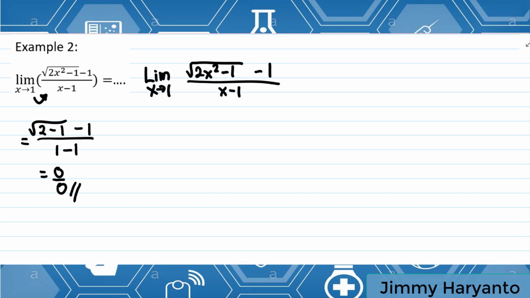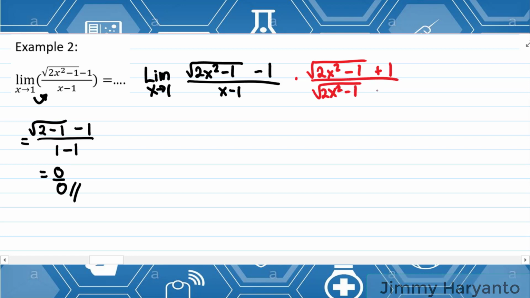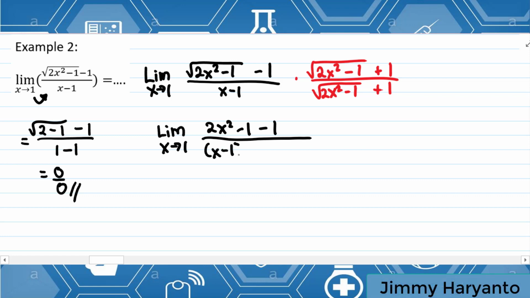Okay, so the square root is square root of 2x squared minus 1 again. The rationalization will be 2x squared minus 1, and then change the sign to plus 1: square root of 2x squared minus 1 plus 1. Then you have to multiply the top one. It will be 2x squared minus 1, and then minus 1 again, over, for the bottom one you only need to rewrite